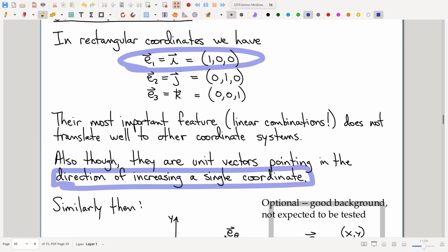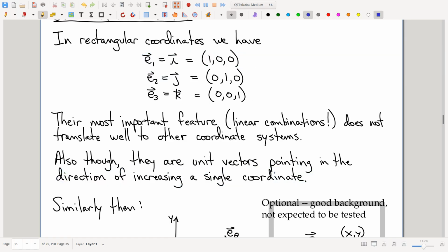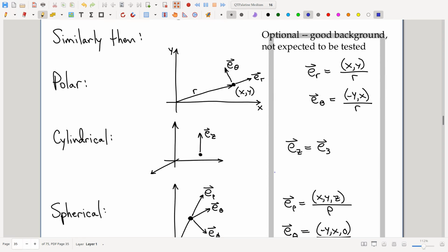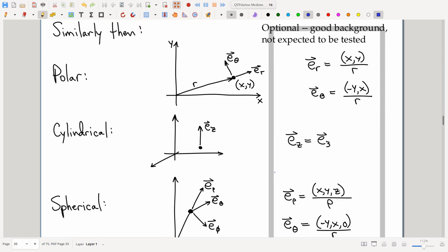Well, this points in the direction where x is increasing and y and z are constant. You can do that same thing for other coordinates. So for example, from this point here, if I were thinking in polar coordinates, well, that's the direction